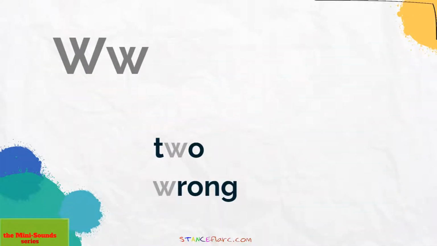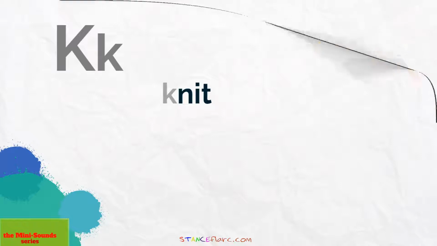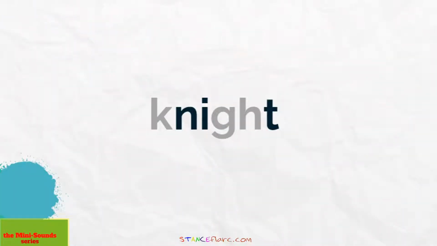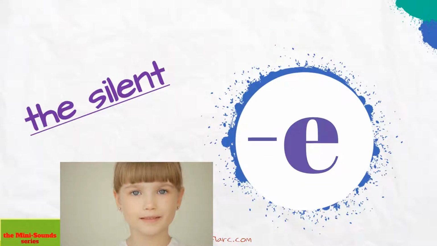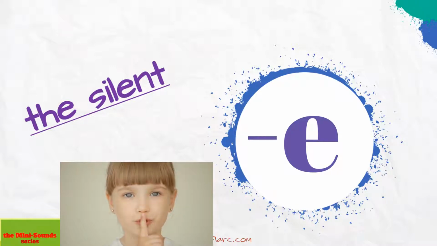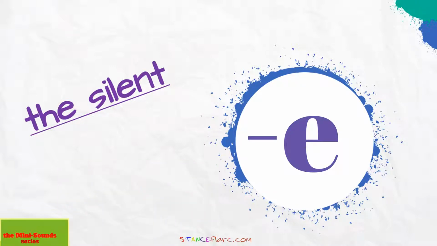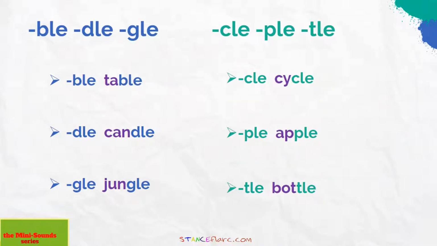But we left out one very important silent letter, and this is the silent E. So, in this video, we will learn when the letter E is silent and what happens every time we have a silent E inside a word. To start with, the letter E is always silent when it comes at the end of a word, and usually